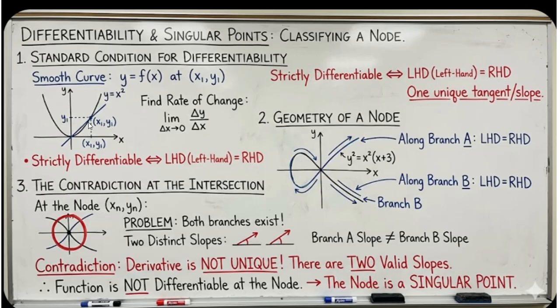If you take the point on the left side, x2, y2, and work out y2 minus y1 divided by x2 minus x1, whenever x is very close to x1, you are going to find the rate at that particular point. It should be equal from the right side also. Try to understand. On the right side, if you choose the point x3, y3, then y3 minus y1 divided by x3 minus x1 is equal to y2 minus y1 divided by x2 minus x1. Then only we can say that